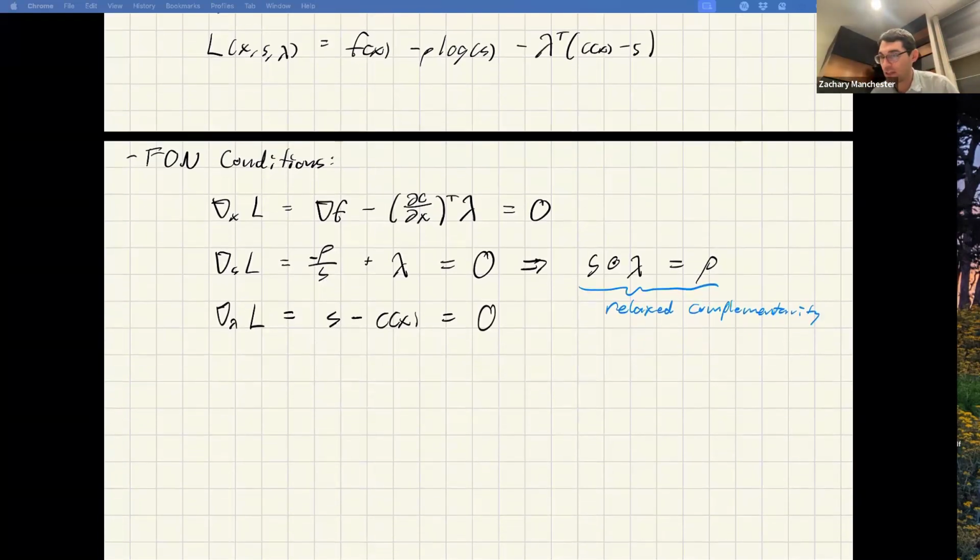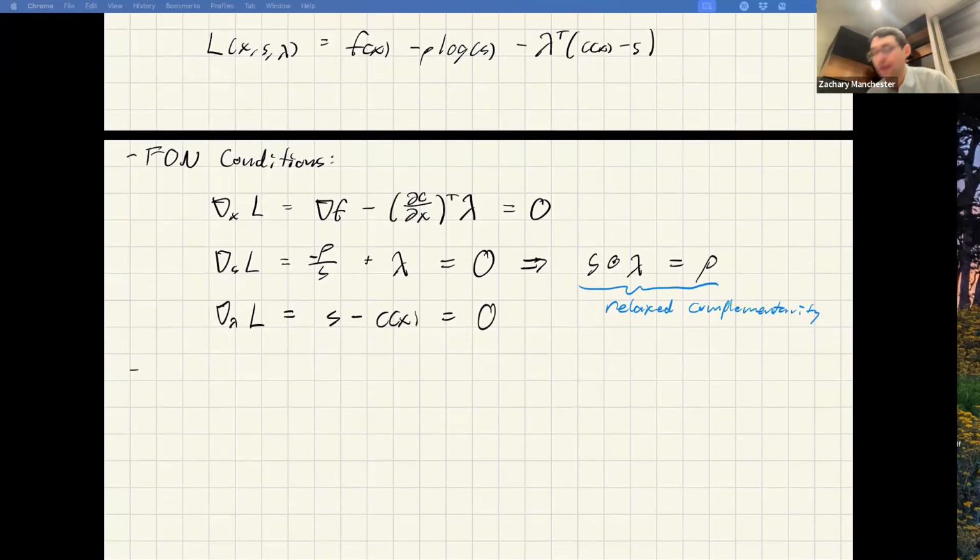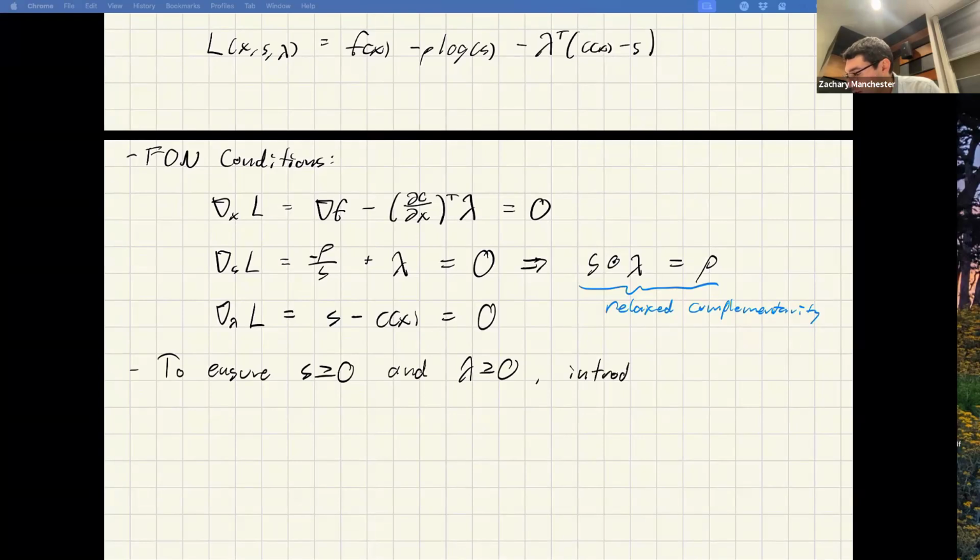So here's this log domain trick that makes us basically not have to worry about that anymore. And it's obvious, in hindsight. So we want to ensure s is positive and lambda is positive. Remember, historically, we'd use some fancy, crazy backtracking line search stuff for that. It turns out, trust me, it's super annoying. We're going to instead play this trick, we're going to introduce a change of variables